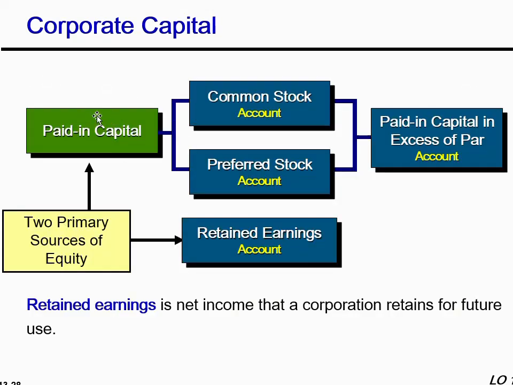Let's quickly see in paid-in capital, we have two categories. Either companies issue the common stock, which is issued to the general public, or they issue the preferred stock. Preferred stock are issued to some special people. They are not allowed to publicly trade the shares. I'll be discussing their features in a while. And another account is known as paid-in capital in excess of par. So this account shows us that if the shares are issued higher than the par value, then what extra you charge, that comes in paid-in capital in excess of par. I'll give you a common example over here. Let's suppose the par value for the common stock is 5.